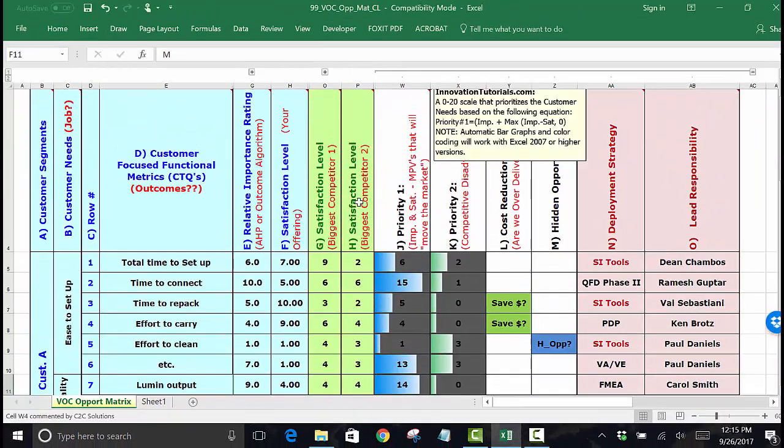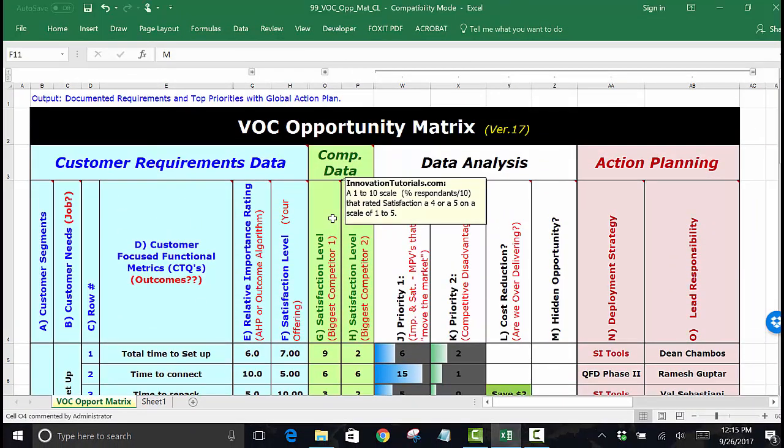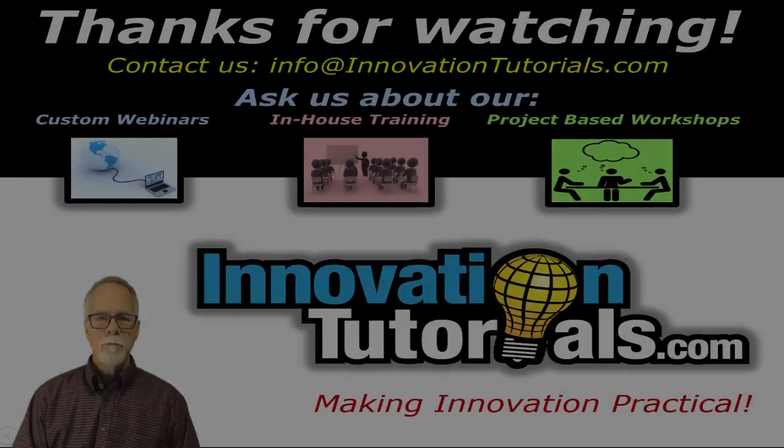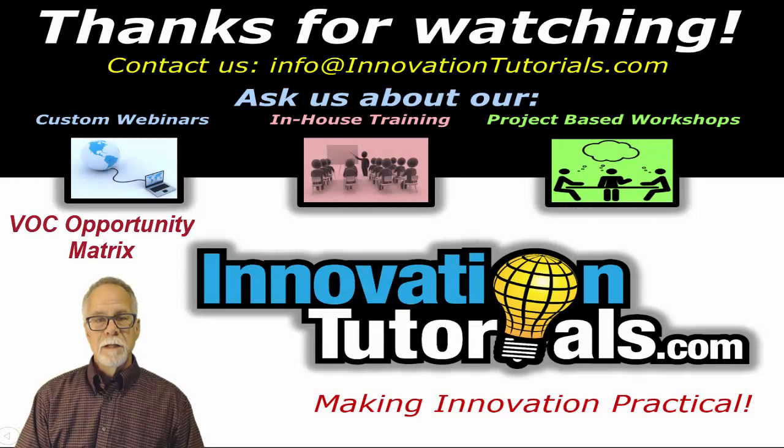And you can add other columns. If there's other things that are important to add, that's the beauty of Excel, is you can add it and tailor this worksheet to fit your project need and hide columns that you're not going to use. So that's it. That's the VOC Opportunity Matrix in Excel format, and it's a great way to document, organize, prioritize,